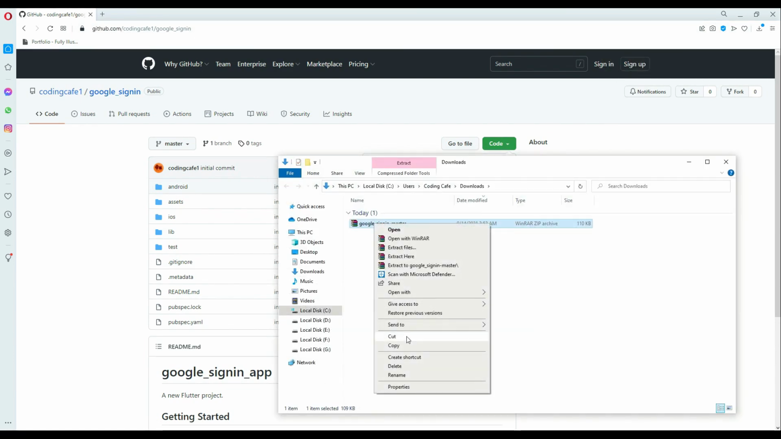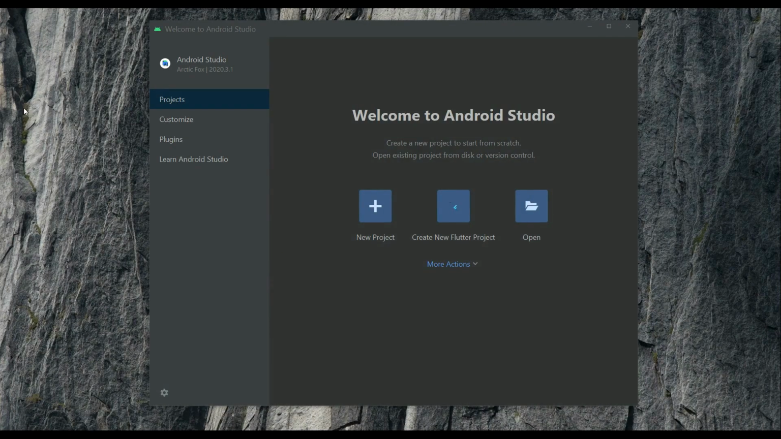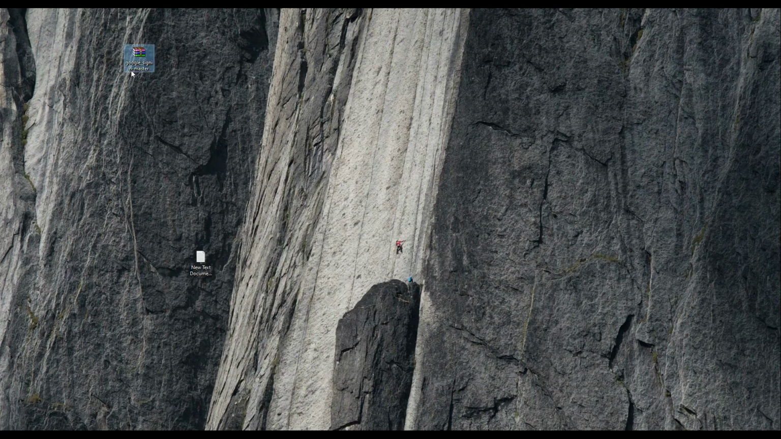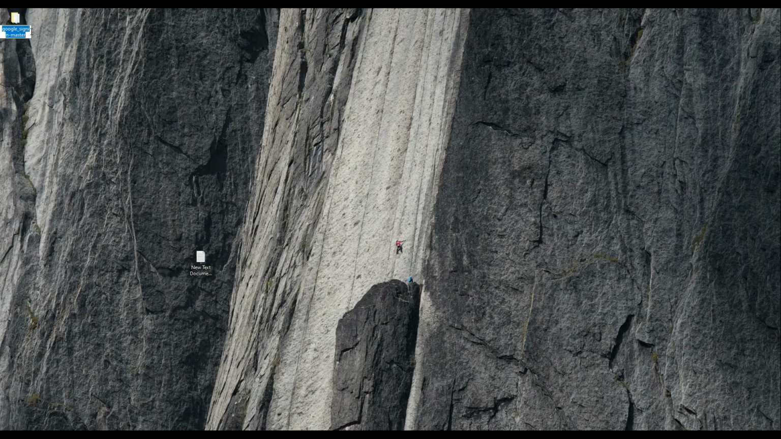Cut this from the downloads and let's close. And then on the desktop we can simply paste it, and then we can simply right click on it and click on extract here. You can now delete this zip file if you want. Let's rename this. So I will give it name as Google sign in. Remove this dash master from it, and we can say Google sign in,